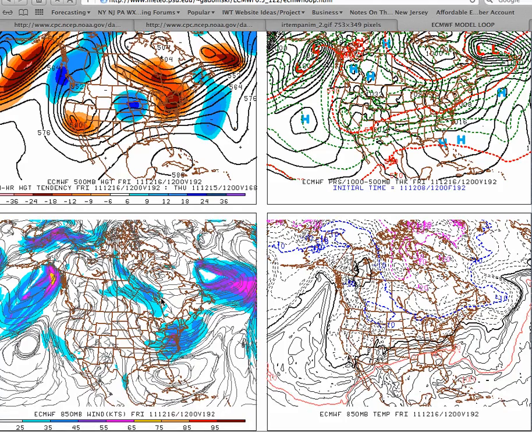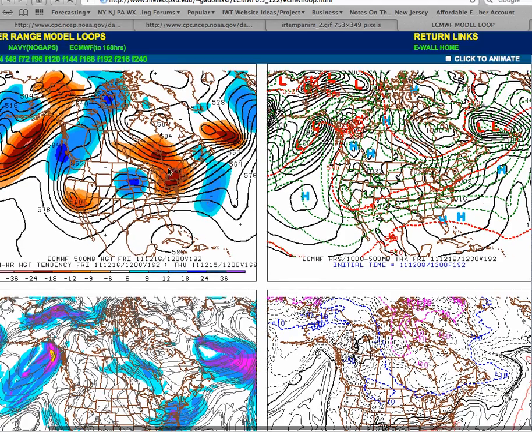Another key point to just point out here, we have convergence and confluence over portions of New England. Here's our low pressure system departing. Look for this high pressure system to build south and east because of this convergence. And we're starting to get a weak negative NAO pattern starting to develop. Our polar vortex is dropping south. Why is all this happening? Because it starts here. When you set up a negative EPO pattern, eventually you end up with a negative NAO pattern and a negative Arctic oscillation pattern. Meanwhile, our subtropical jet stream remains split.